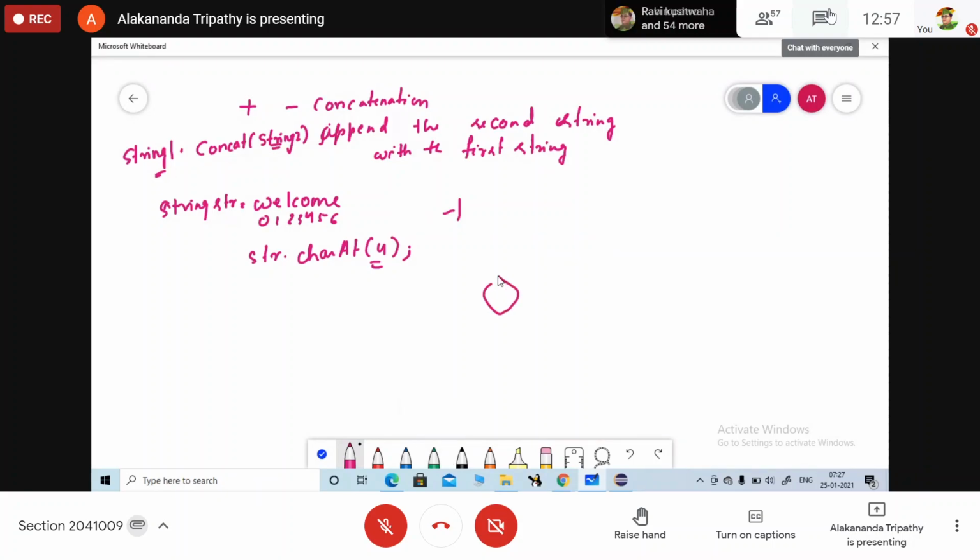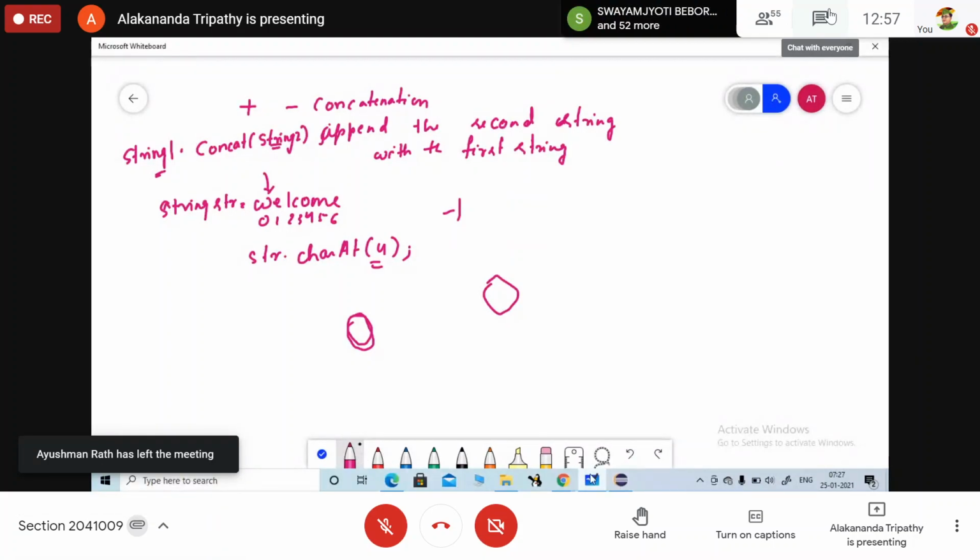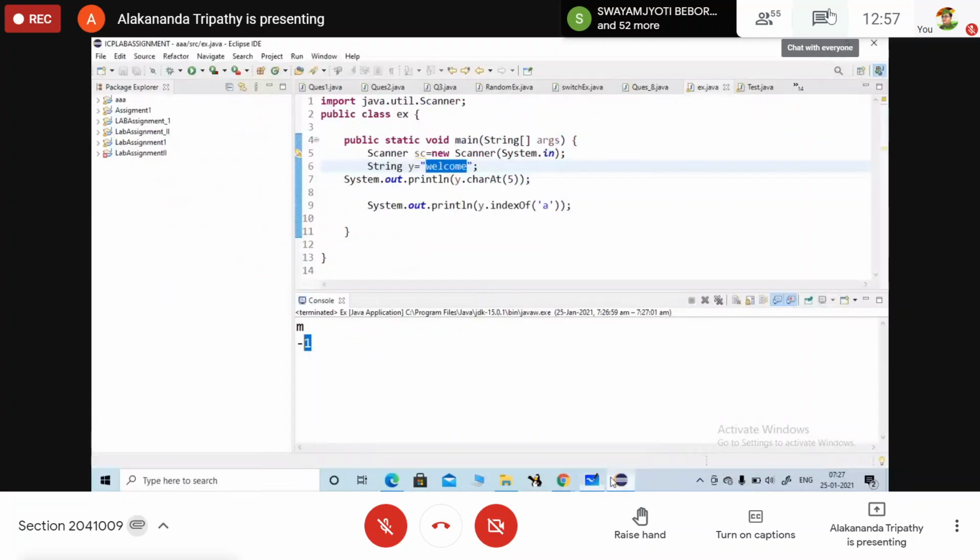If it returned 0, then what would you assume, at which location is it present? It is present at 0 location, the first position. So that is why it is returning -1. Are you clear? Yes, ma'am.